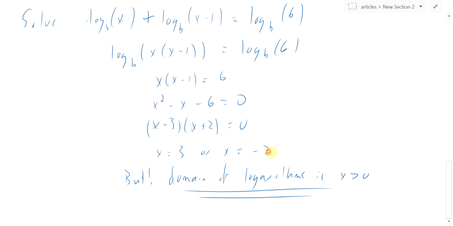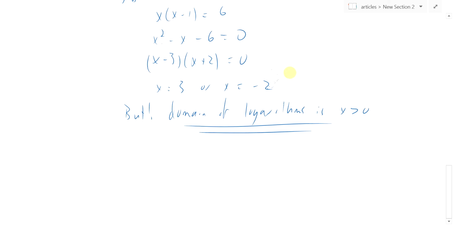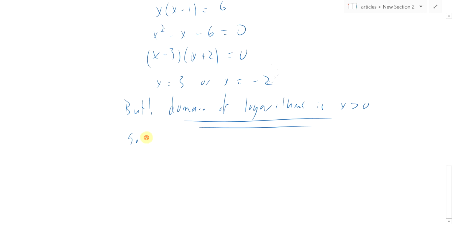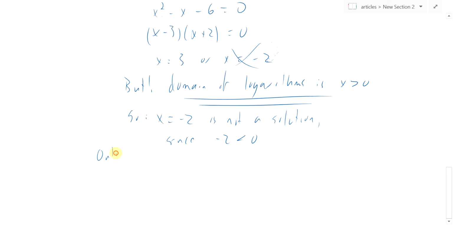Because you can't put a negative number into a logarithm. So x equals minus 2 is not a solution. So you can't use it. So our only solution here